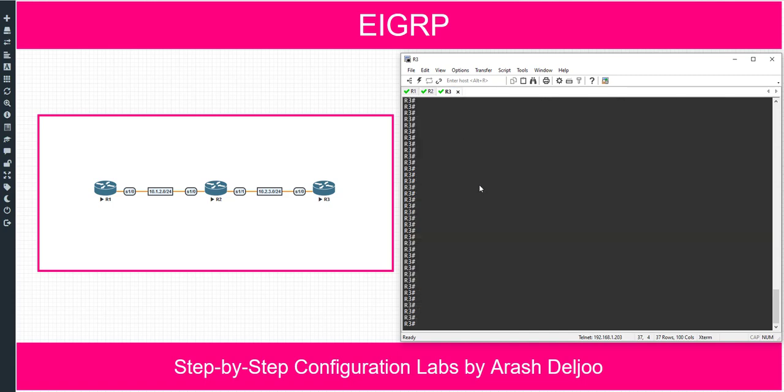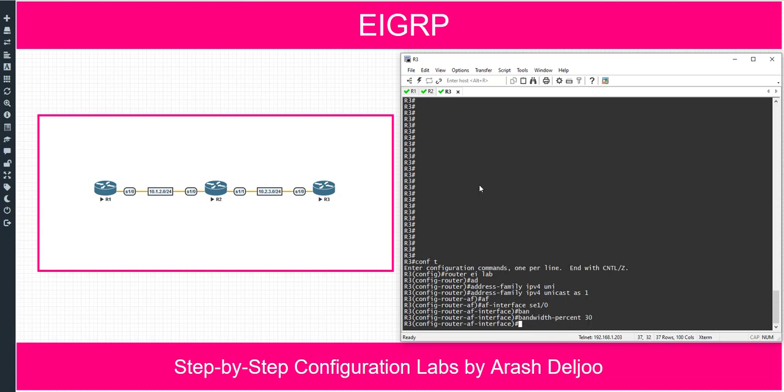But in router 3, because we use the named configuration, we should go to router eigrp, for example, lab, and then under address-family ipv4 unicast autonomous-system 1, we should go to af-interface. You have two options, interface name and default. Let me configure af-interface serial 1/0, and then here you can configure bandwidth-percent, again, for example, 30%,